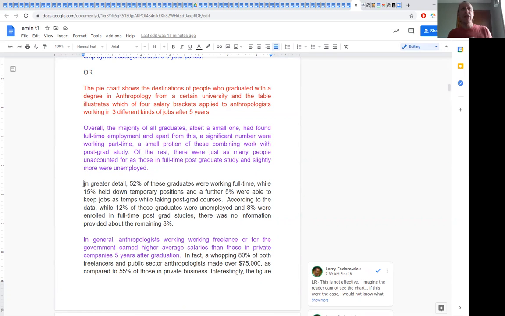And now basically I do another paragraph here. You can stop it and read it yourself, where I talk about all the details. So I mention which one's bigger, which one's smaller, go through all of them, and then do the whole thing again, mentioning the numbers. And this is obviously not efficient. So we have to figure out a way to get this overview.